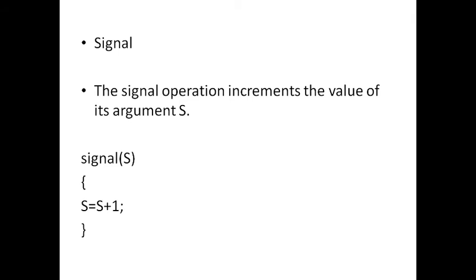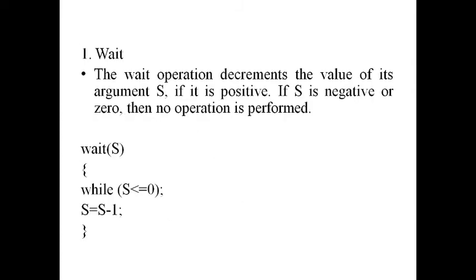Then here signal is there. The signal atomic operation is performed. This is the code of the signal operation. After performing the wait atomic operation, the value of S became 0. When the value of S becomes 0, no other process will enter the critical section. How? See here. The value of S is 0. If process P2 wants to enter the critical section, will it perform this operation? 0 less than or equal to 0.